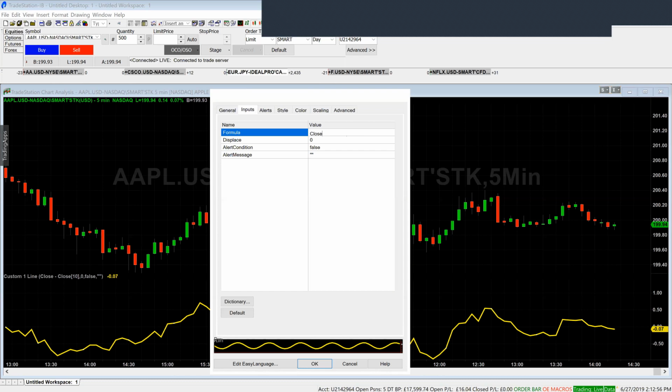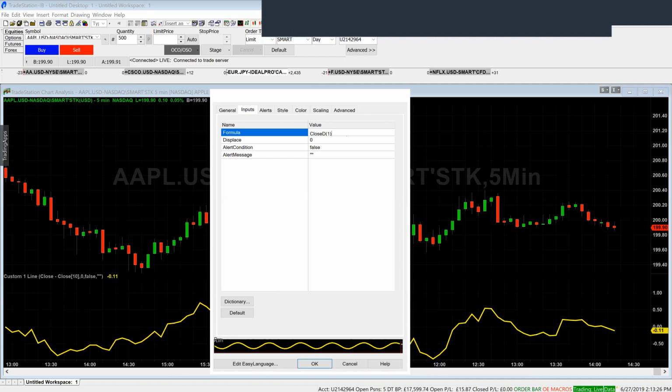close D and 1 inside parentheses. You have to be careful when using parentheses, the rounded ones and the square brackets, because there are some words that do require the rounded parentheses. The one that you saw before had the square ones, and that's a historical reference, you know, how many bars